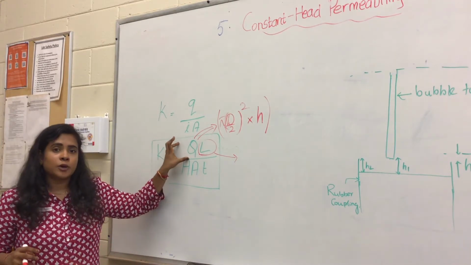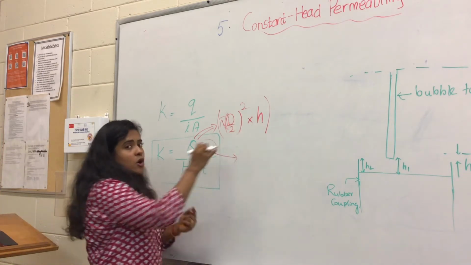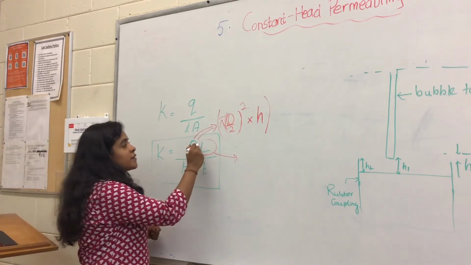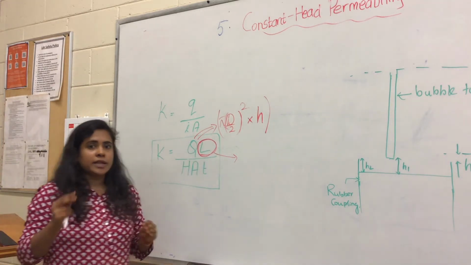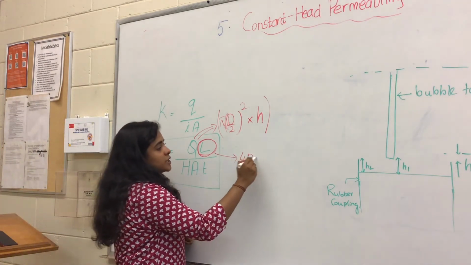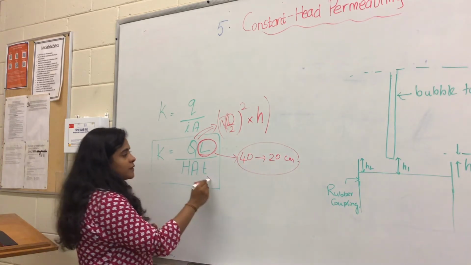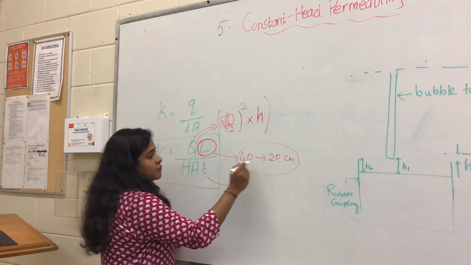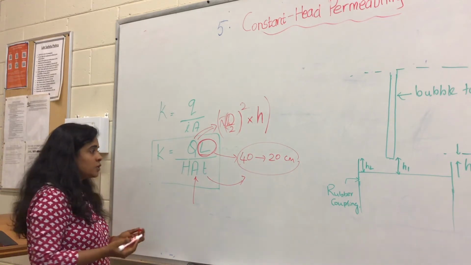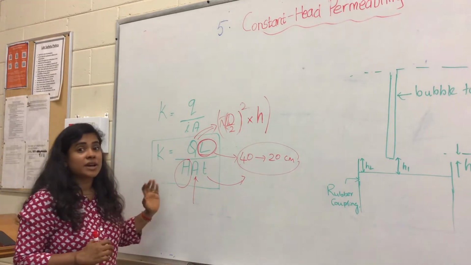You can find the volume of the flow by multiplying the height of the specimen tube by the area of your specimen tube, using the diameter that you measured. And then you can find the length of the flow. So length of the flow is what we measured when the water was flowing. So that was from 40 to 20 centimeter. We found the time taken for that. So we can find the time for traveling from 40 to 20 centimeter. And then you can find the area of the flow. And finally the hydraulic gradient. So let's see how to find the hydraulic gradient.